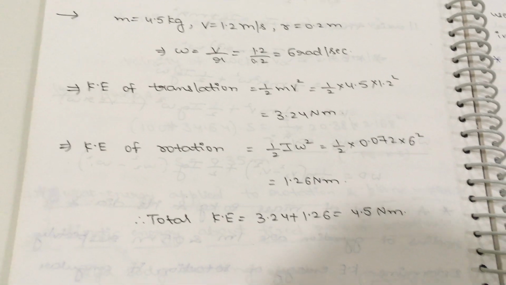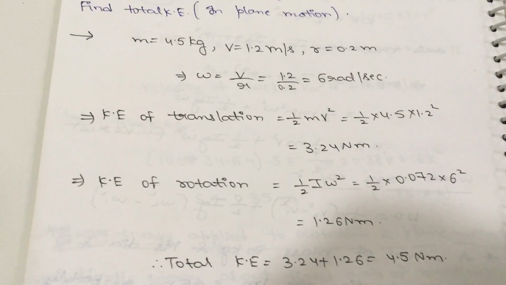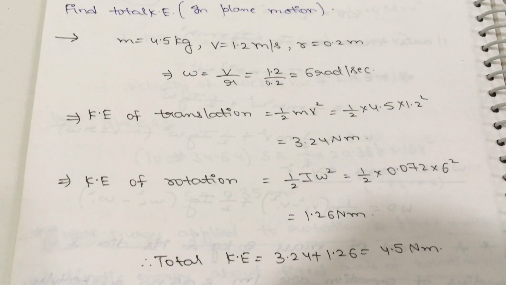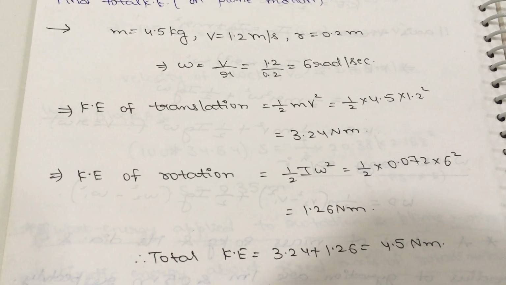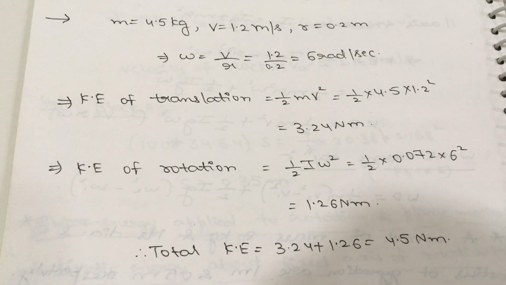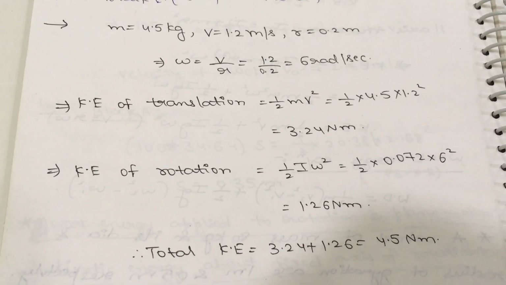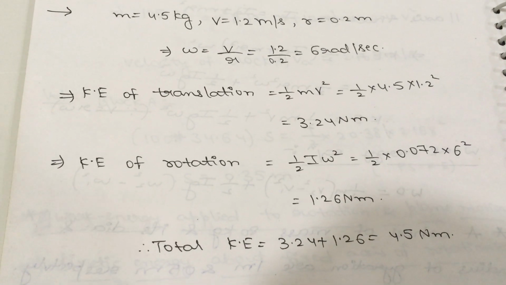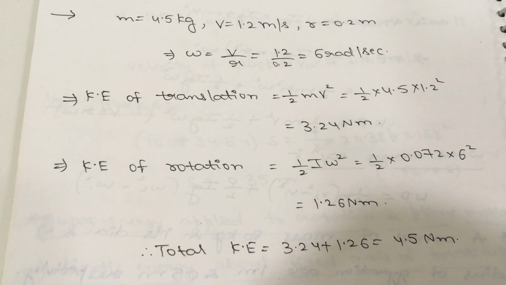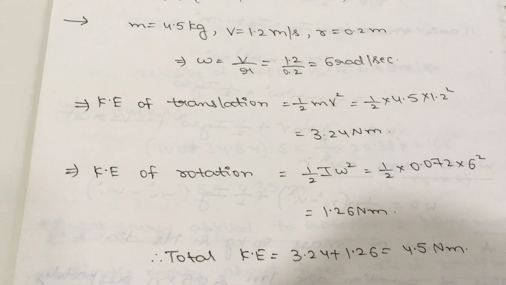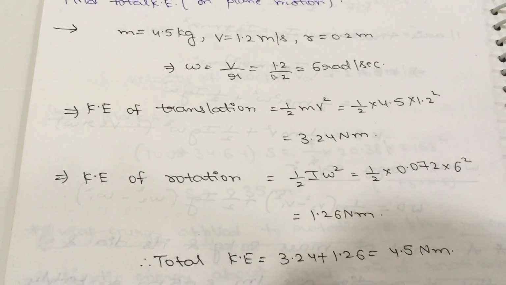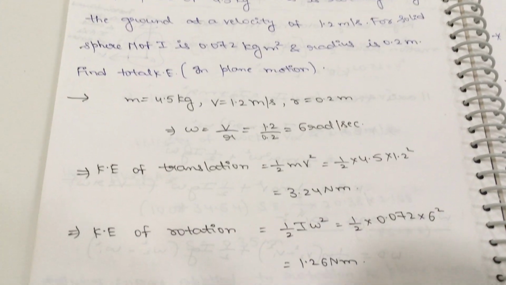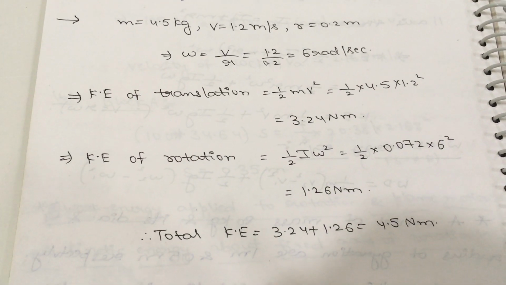Once again, in calculating the problems in the kinetics part, you need to identify the problem, whether that problem will come under the translation motion or rotational motion or plane motion. Then you need to apply the formula, work energy equation formula, according to the translation motion in terms of the linear quantities and in the rotational motion in terms of the angular quantities. So these are some problems related to plane motion and rotational motion and translation motion.